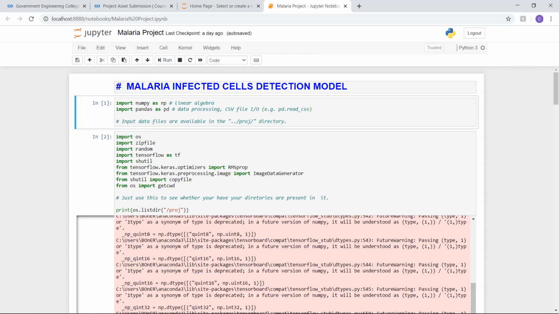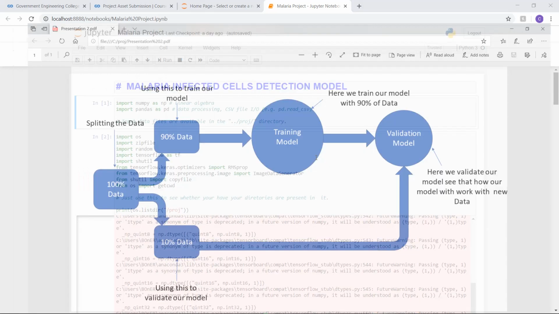Hello guys, my name is Prasenjit Bajpayee and this is my project for the Advanced Data Science Capstone. My project is basically about detecting malaria cells. First I would like to show you my ADD that I have just made.